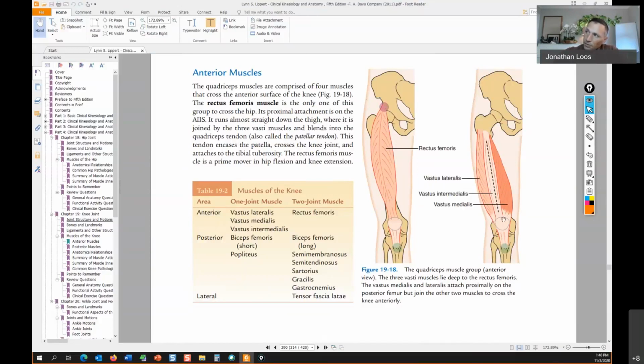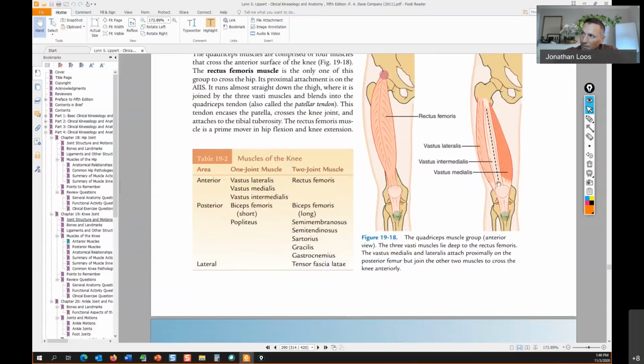But as I had said earlier, you can see the tendon, the way that these fibers are aligned, let me see if this will work now. Sweet. Okay, let's do a different color. You can see that these fibers kind of have this oblique angle, right? And what ends up happening is you can get some of this pull. And if you have an imbalance between the vastus lateralis and vastus medialis, that can change the tracking of that